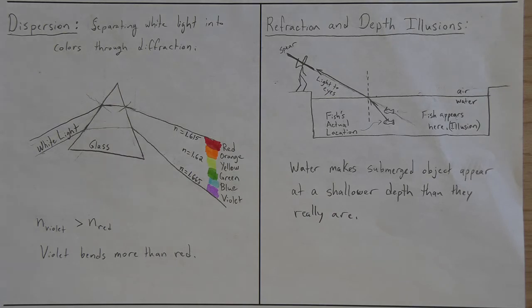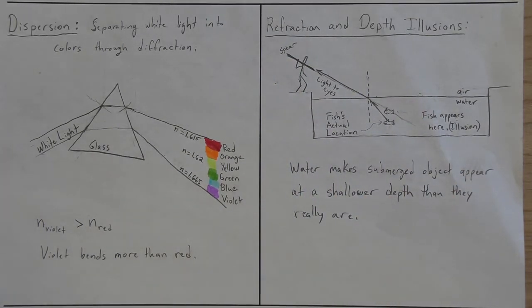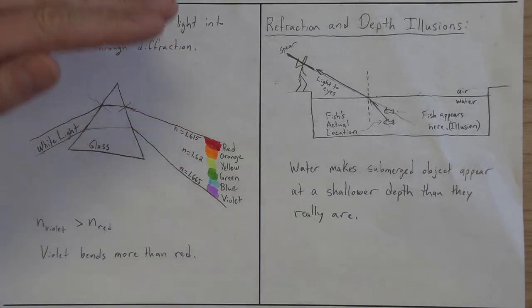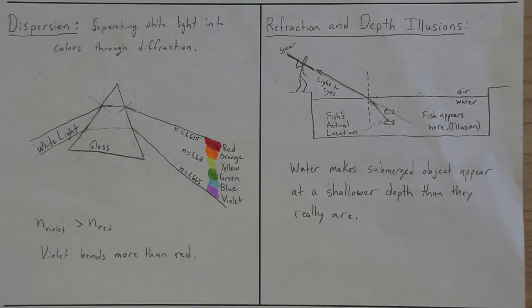So by the way, that isn't just a cute little demonstration that I did to amuse you, although hopefully you found it enjoyable, but it is part of the curriculum. And the reason why is because refraction causes people to underestimate the depth of objects. So refraction and depth illusions: that coin in that dish, when the water was present, suddenly appeared to you as if it weren't as deep as it really was, and you could see over the rim. It's as if that coin were lifted out of the dish slightly, like an inch or two, back into your